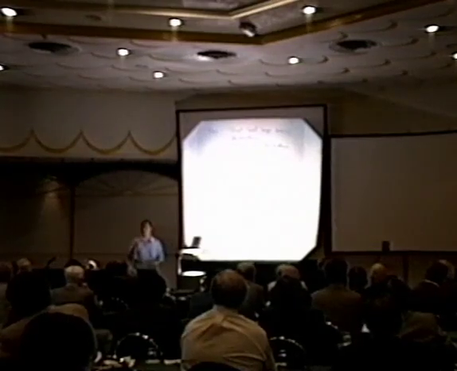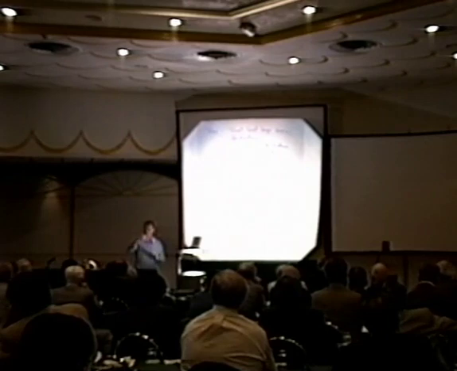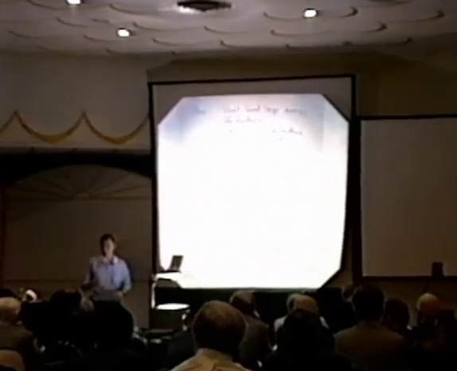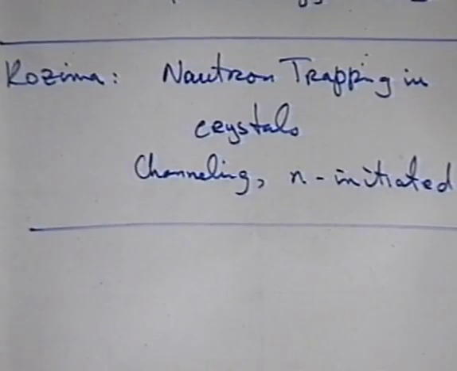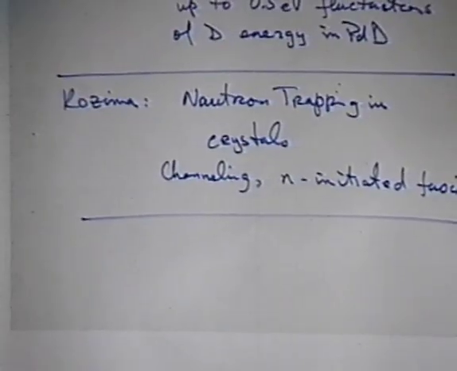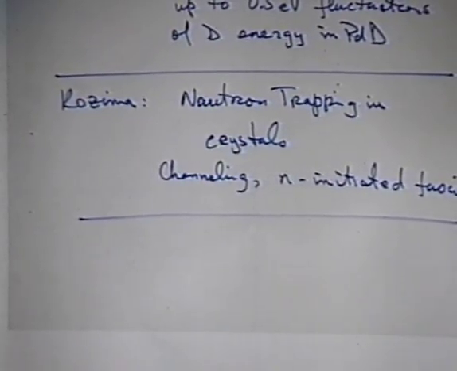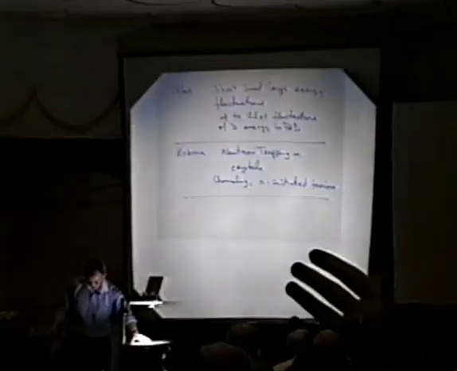Kozima got up and made a comment not too many minutes ago about the trapped neutron and channeling neutron issues. The basic idea is that it's a real neutron instead of a virtual neutron. My neutrons are negative energy, but these are positive energy neutrons. So the idea is that the neutron initiates a reaction. You have an energetic nucleus which will subsequently react. And he's proposing that you might have neutron generation to give rise to some feedback to continue the reaction. And again, if I've screwed it up badly, please fix it.